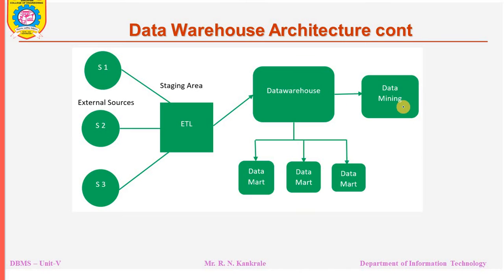At the last, data mining will be done with the help of online analytical processing. There are data mining tools also. We will see in detail the tools and the way data is accessed from the data warehouse. Queries are given on this data by the end user, particularly the higher authority of the organization, because they have to make future decisions about the organization. So why is it called a top-down approach? Because once data comes into the data warehouse, it gets divided into data marts, that is, separate functions of the organization. Let us consider an organization having a sales department, purchase department, and marketing department.